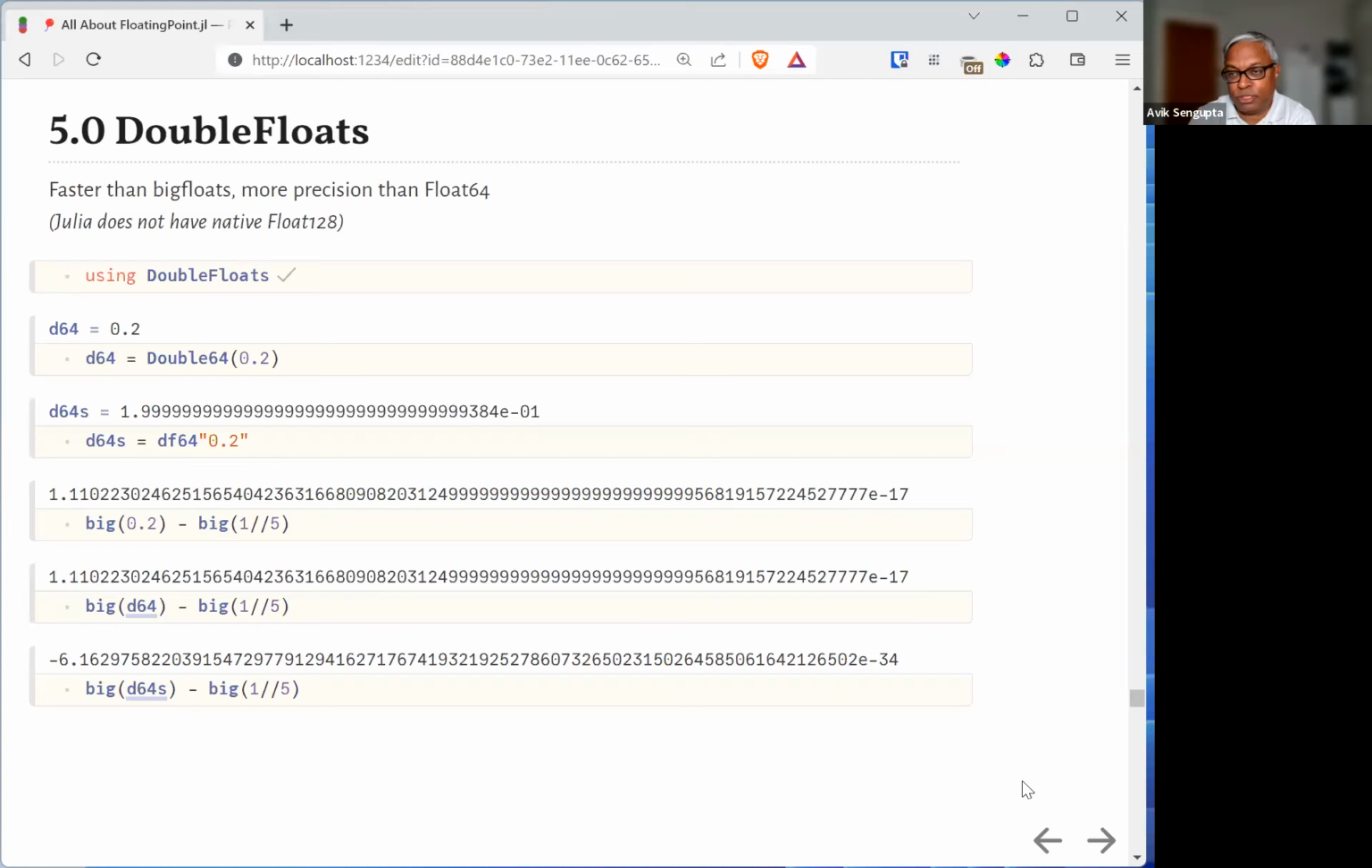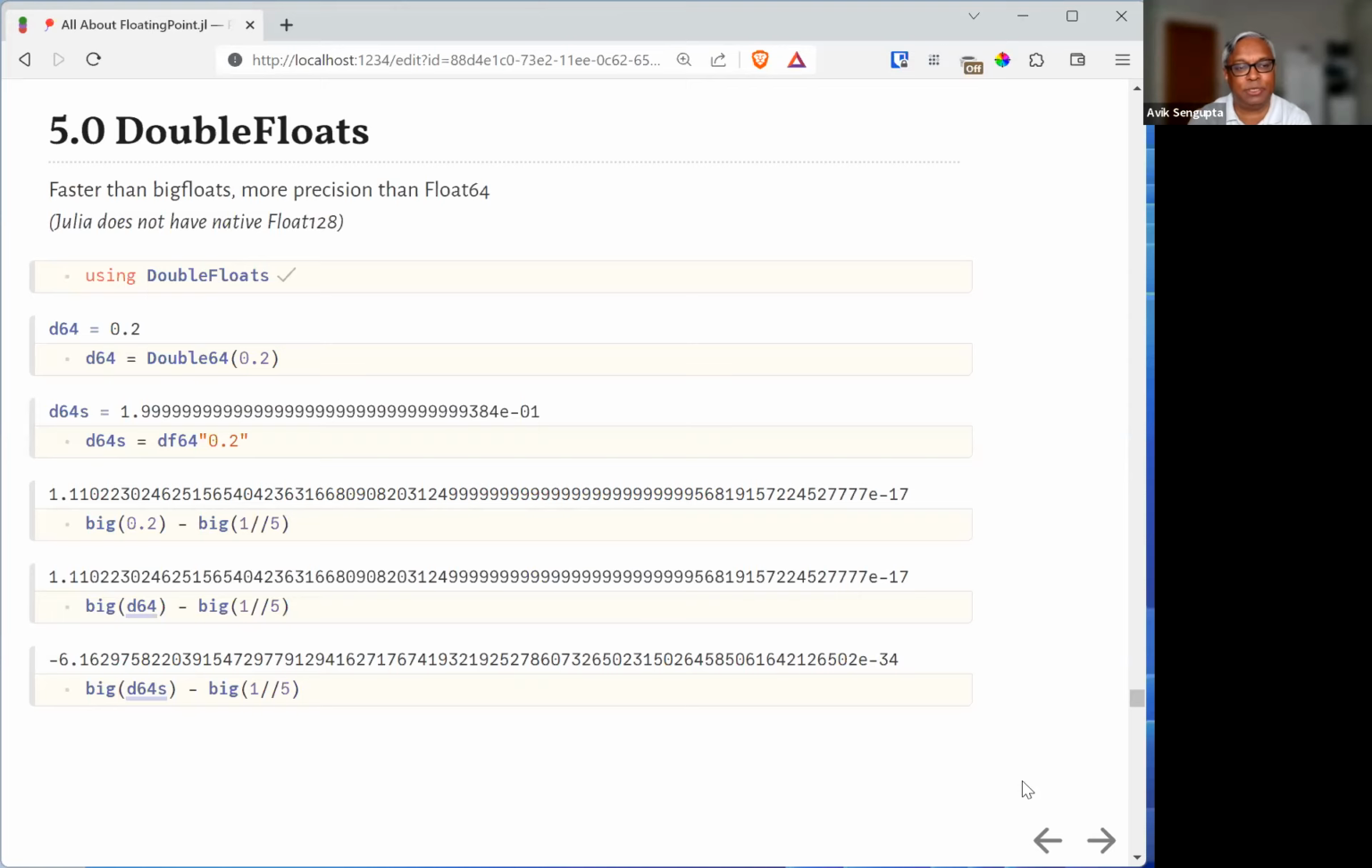So double floats is pretty good. It's slightly less precision than float 128, but it is much faster than big floats. It's slightly slower than float 64, but it is an order of magnitude faster than big float. So if you want a little more precision, you convert your floats to double floats, do your operations, and